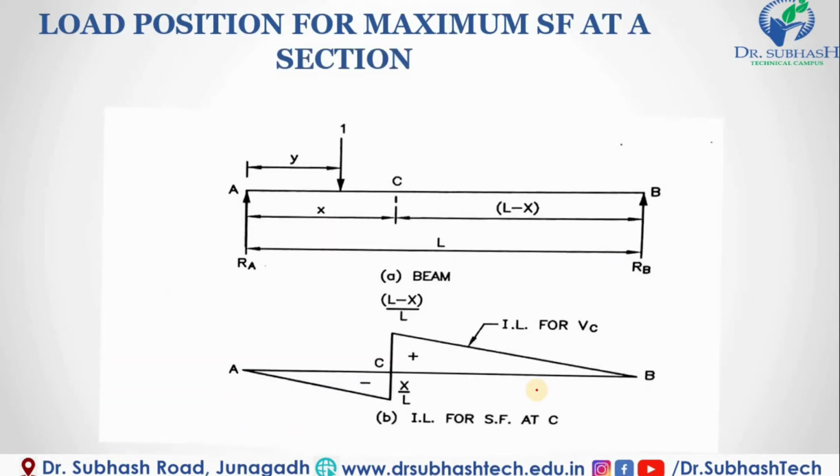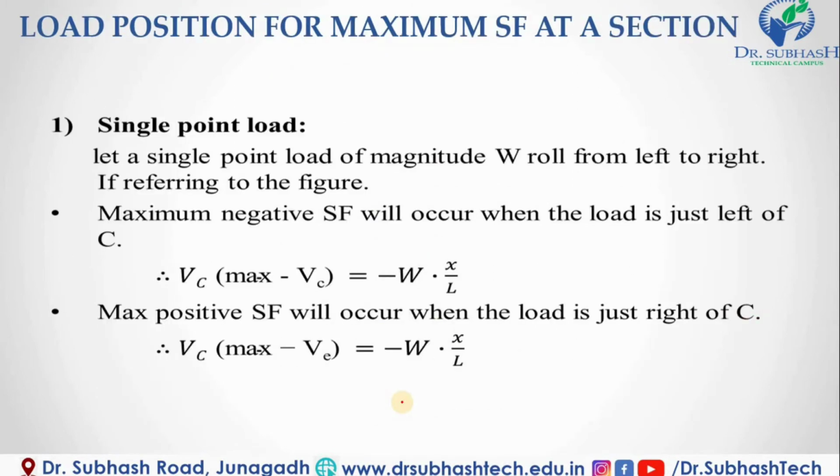Now, the same case: these are the maximum shear forces at section A. If you ask for the load position giving the maximum shear force at A, say in an example, it is nothing but the same case discussed in the previous slide, the analysis of shear force at C, that is VC. Again, on the left hand side and right hand side the intensity is given, and we find load into distance. So we find these coordinates: L by X into L and X by L. Now the load position for the maximum shear force at the section.